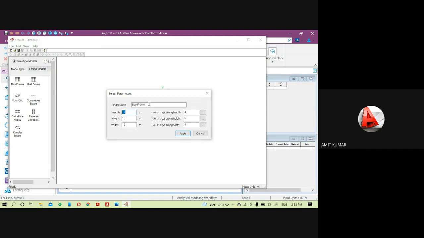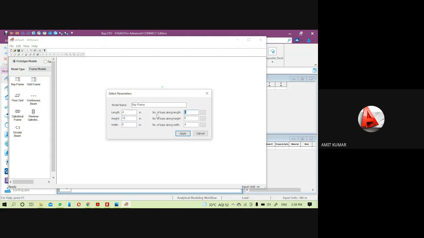Come to the bay frame. I'm just going to create a structure of 16-meter height, with a length of 4-meter and width of 5-meter here. So I will change the length value to 4-meter only. That means for a very small structure, width is 5-meter and height is 16.